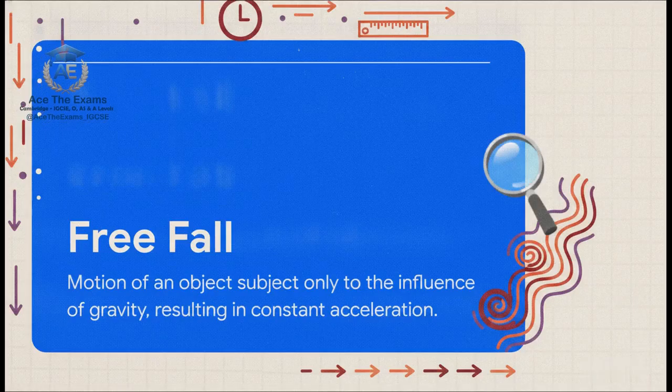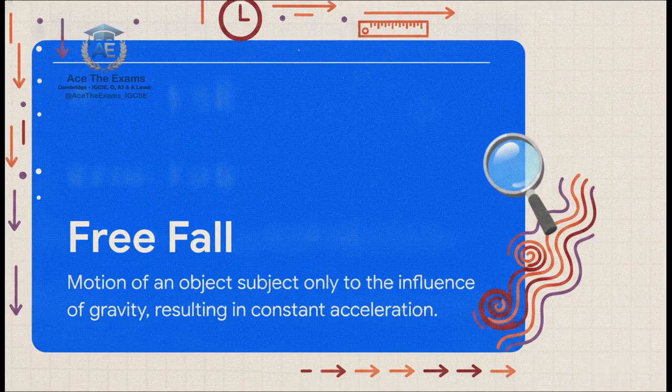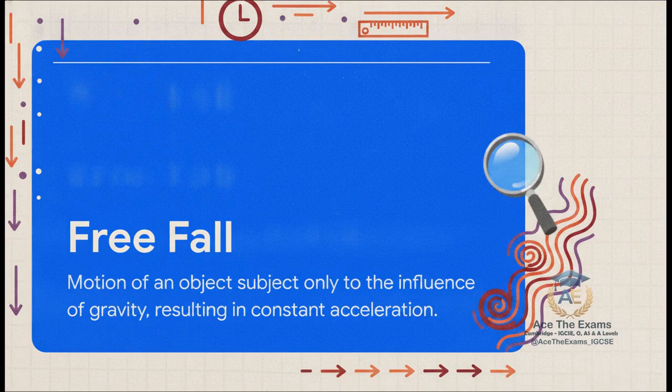Applying that first step of our framework, we have to define free fall. And we do this by moving away from everyday, casual language and straight into precise physics vocabulary. It's not just falling down, right? It is the motion of an object subject only to the influence of gravity. Literally just gravity. This means, for a moment, we're ignoring air resistance, so we can understand the pure principle at play.